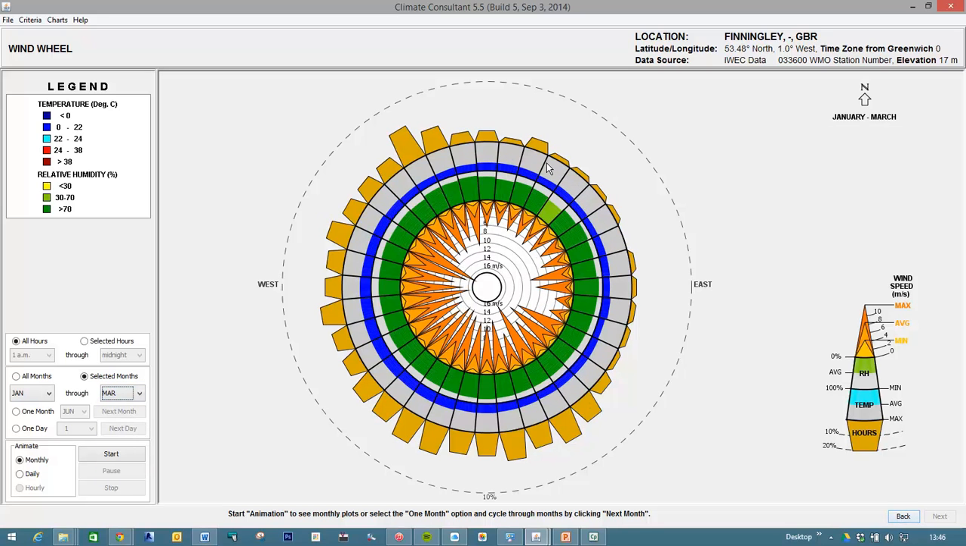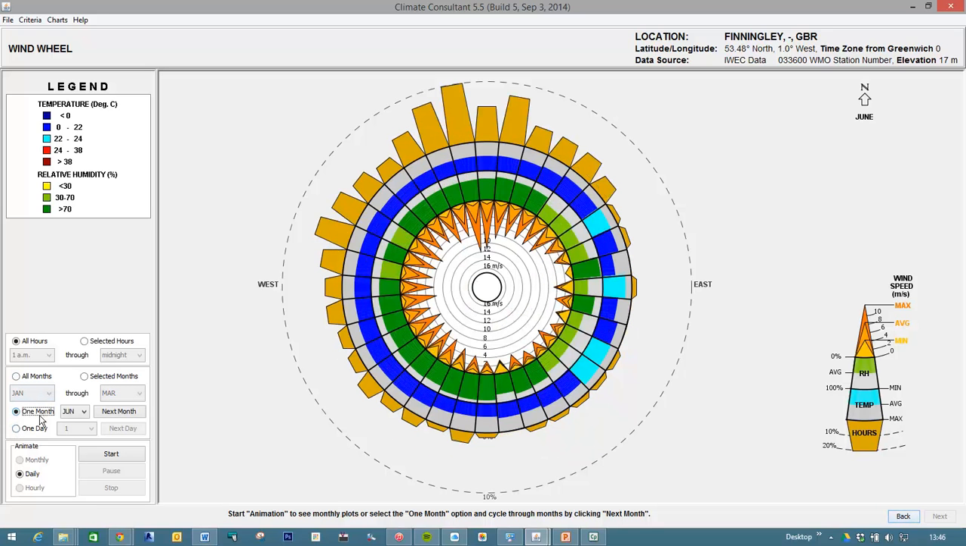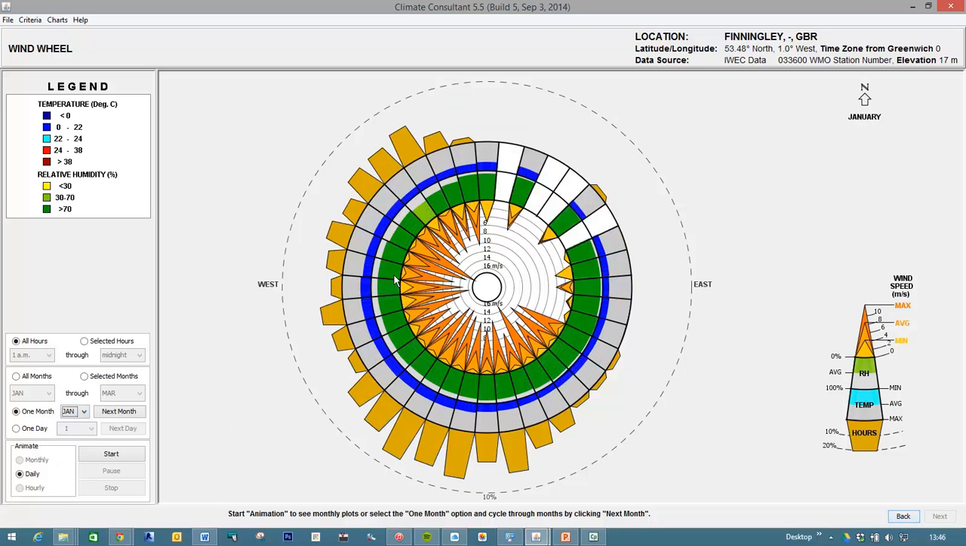And as you can see, the graph immediately changes, and we can analyze just that period. We can look at a single month. So here, let's go for January, and you see you get a very different picture now because we're just looking at January. Most of the wind shown here in the south, and sort of different wind speeds,